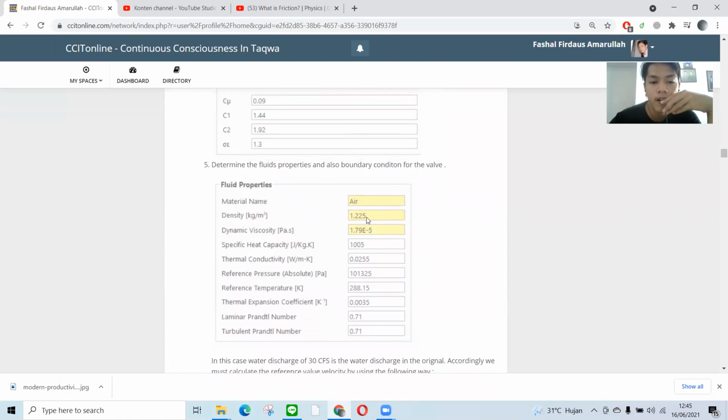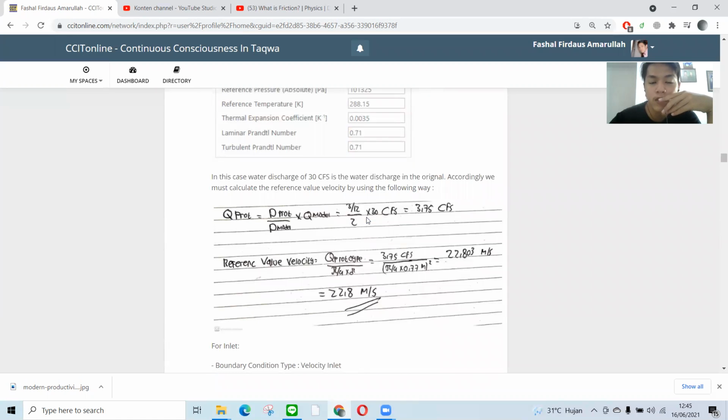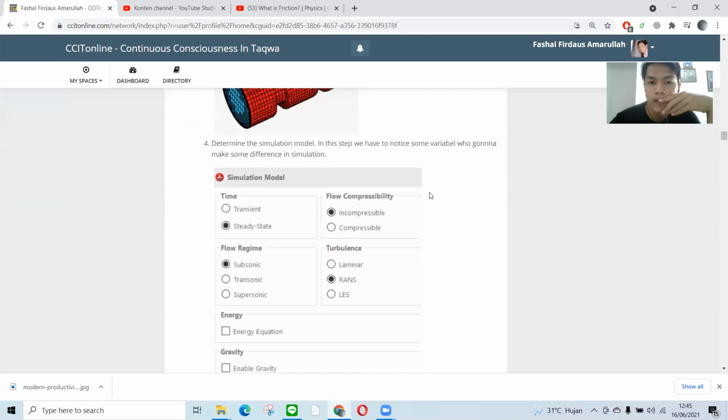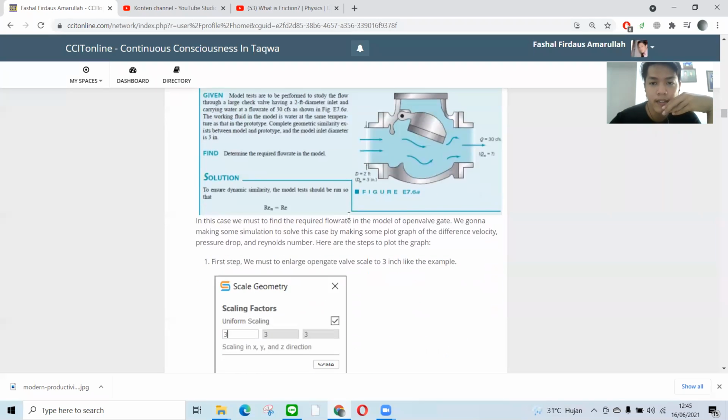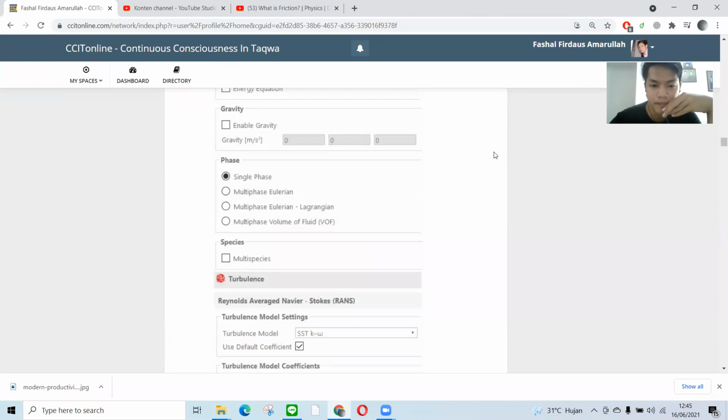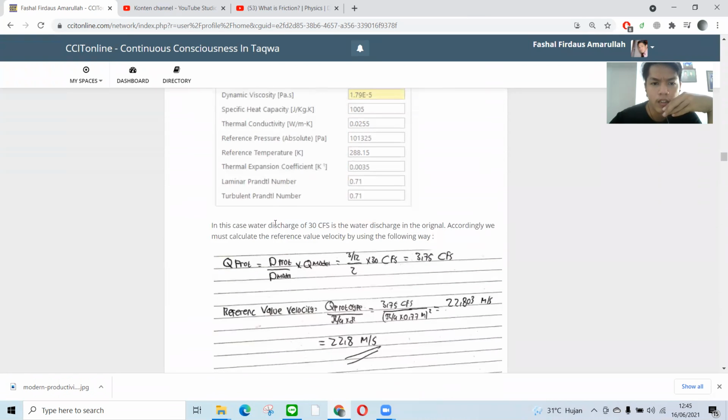Here is the valve, and in this case, water discharge. From the assignment, from the question, we know that the discharge is 30 GFS, the water discharge in the original. So we must calculate the reference velocity in the following way.